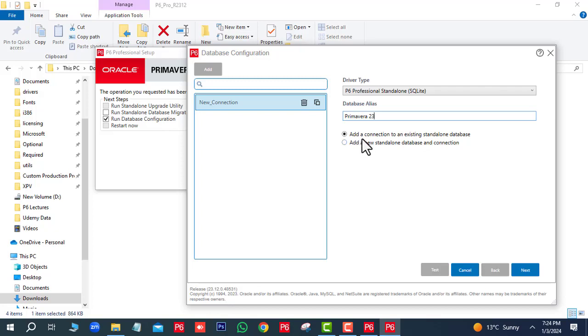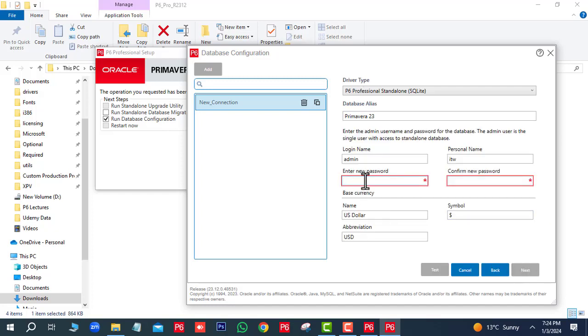Here you can see Add a connection to an existing stored database. If you already have a database, you can connect with the old database. We are going to create a new database, so we will use Add a new standalone database and connection. Next, here we will enter the password. Next, confirm password. Next,